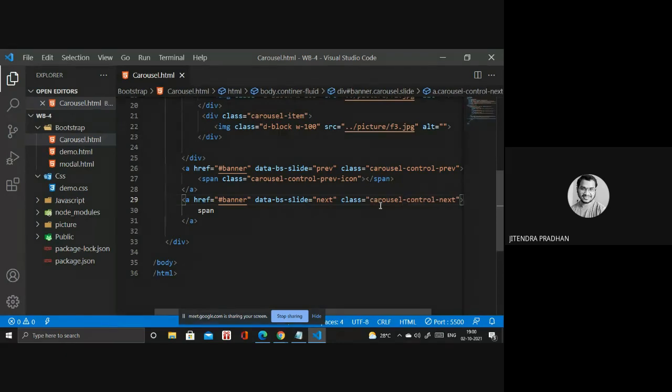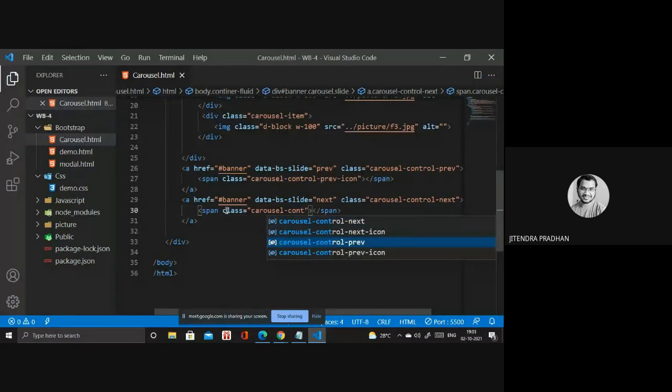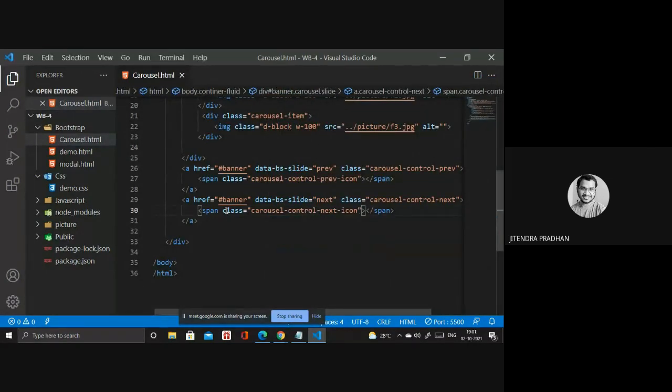Okay, carousel control next, we have done all these things. So we have to design that icon as well. Inside the span you have to write the class name, carousel control next icon. Done.